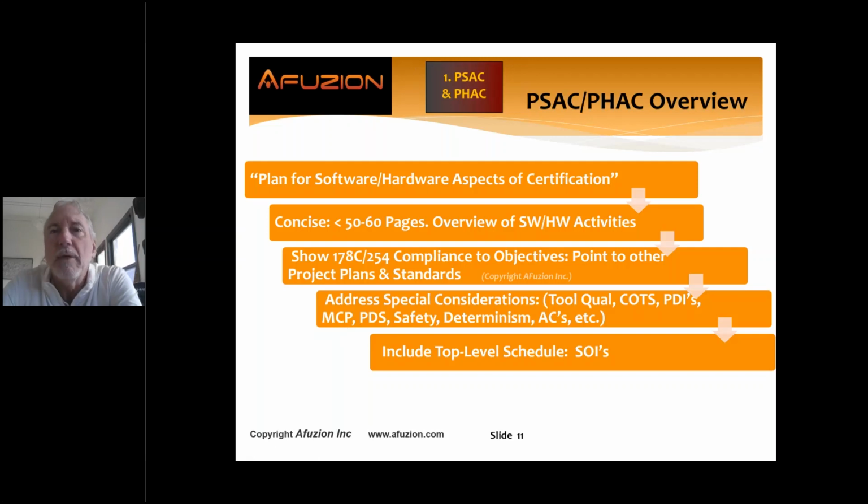And then multi-core processing. How are you applying hardware-software regulations for AC 20-193? You all read the news? The old CAST-32A, bye-bye, adios, right? Sayonara. Well, how do we do that? What about previously developed software or hardware? How is it certified? How are we going to show certification to reuse it safely?